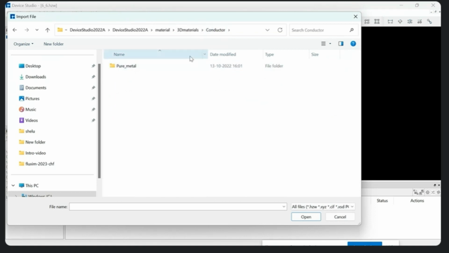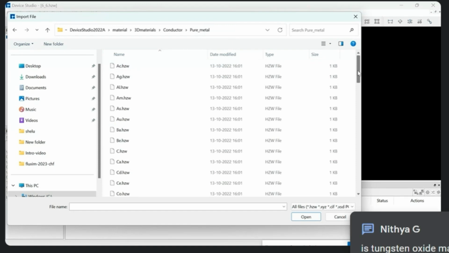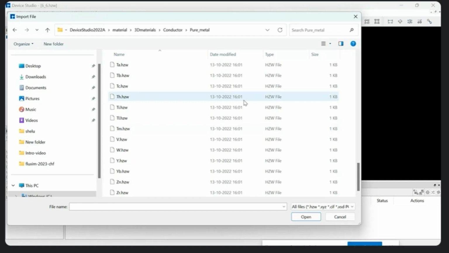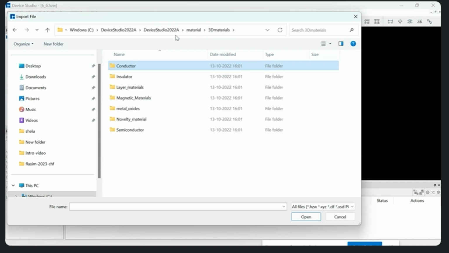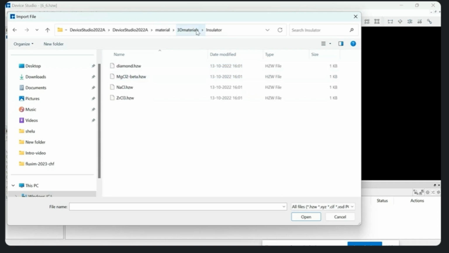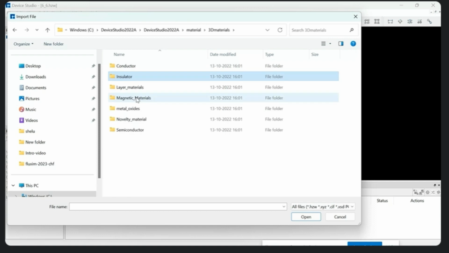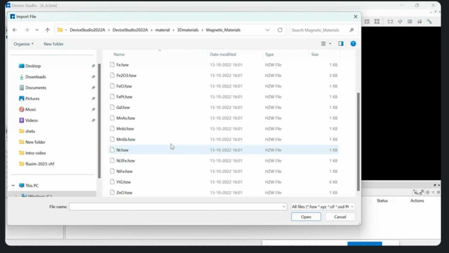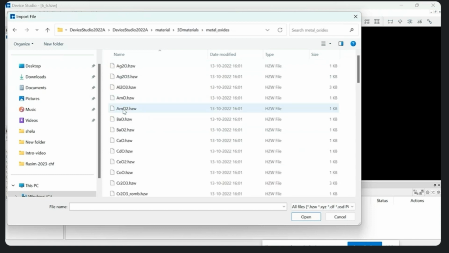These are all conductor, pure metallic library. So HZW is the unique format of this particular software. But other formats are also supported, where you can upload directly on the tool. And insulator is also there. Diamond, NSGL, and magnetic material is also there. These are some Fe related and MnSV, ZnO, FeO. These are the magnetic, and metal oxide is also there,